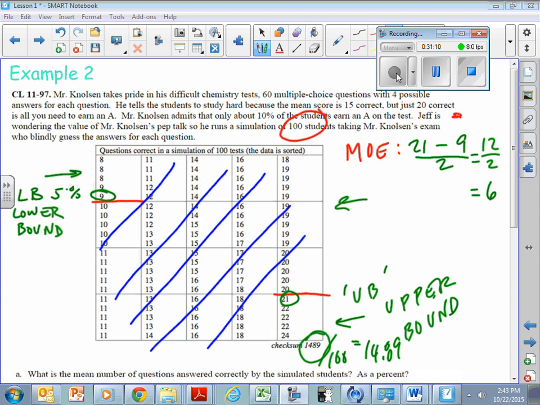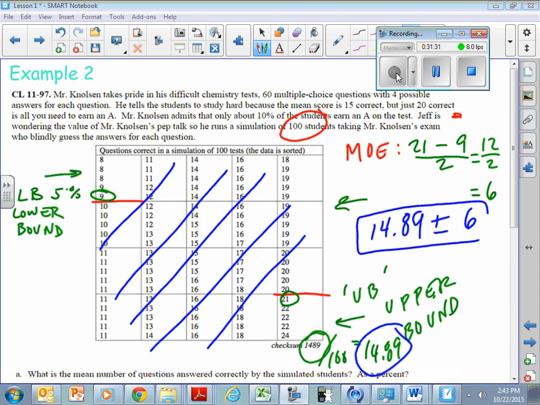So the last thing you're going to do, and I guess I did it, I couldn't stop myself, is you're going to take this 14 and you're going to do the margin of error with it. Then we'll explain it next time. So you do like several things. 14.89 plus or minus this 6. That is not your margin of error, but it's how they're going to ask the question in a certain way where this answer is what they're looking for. I'll tell you how they're going to ask that question. If you find your MOE by doing the subtraction, you'll find that mean of the total numbers, and then you combine the two. Go do 2 or 3 of these on the test, and you'll be able to